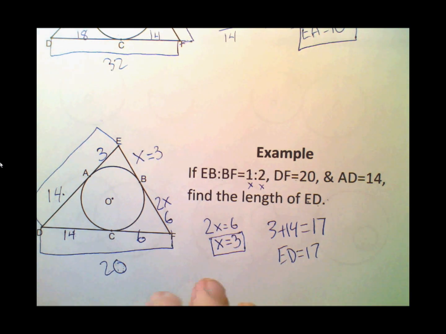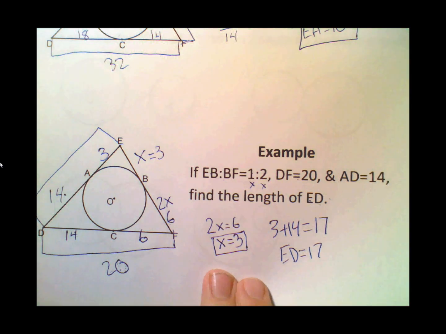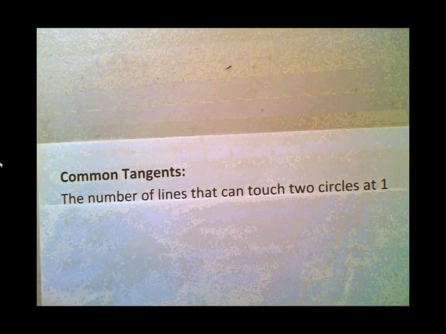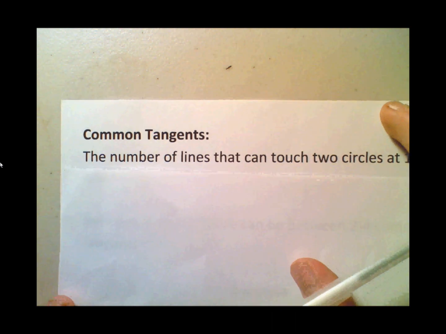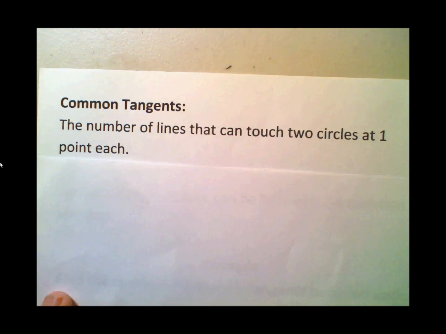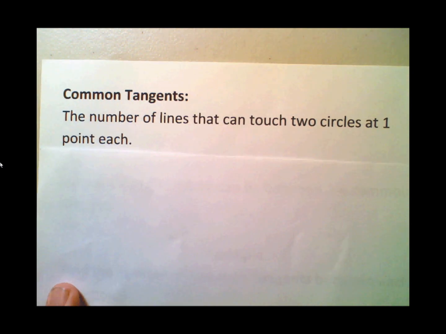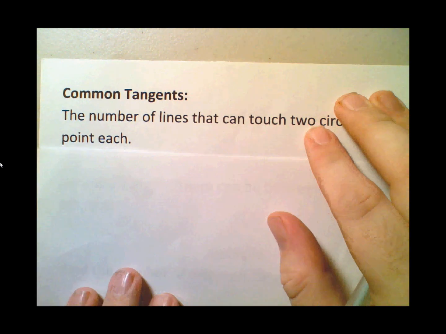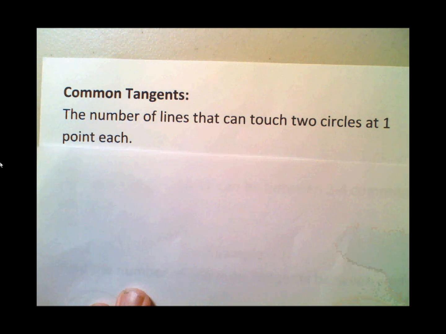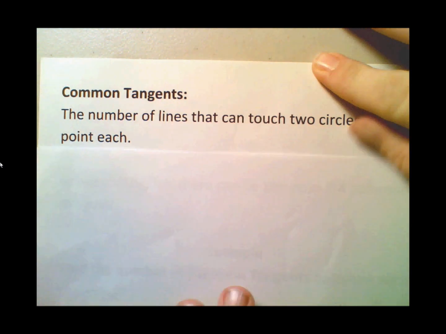Cool. Now, let's take a look at the last part of this, called the common tangent. Okay? So, the common tangents. The common tangent is the number of lines that can touch two circles at one point each. Now, this is when we have two separate circles, and we're looking for when they are actually going to have the same line that's going to be touching. Now, typically on the Regents, they may possibly ask you a question like this. And also in this class, we're going to ask a question. So let's take a look